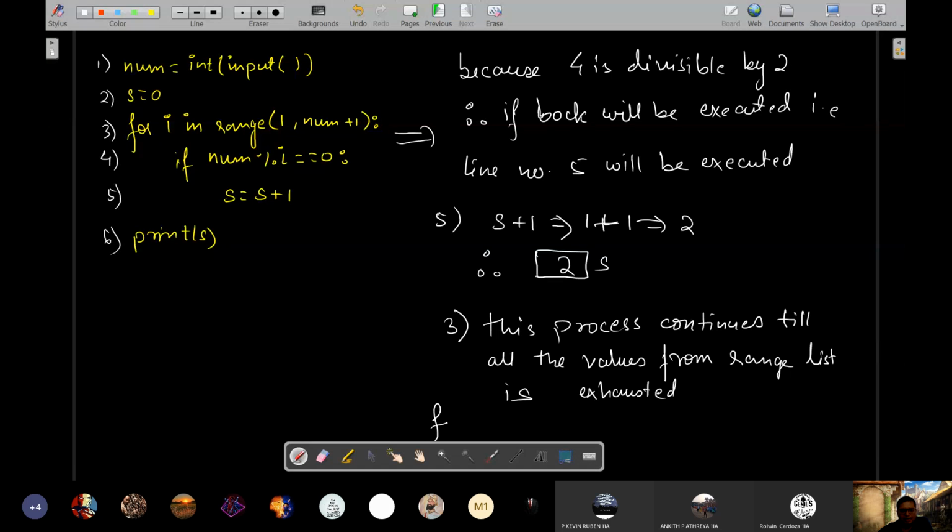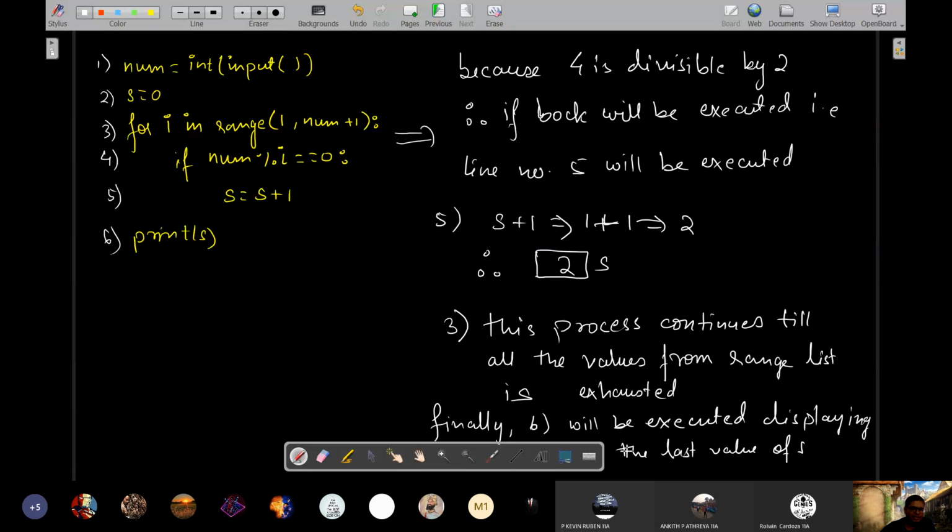And finally, line 6 will be executed, displaying the last value of S, which is the number of factors.